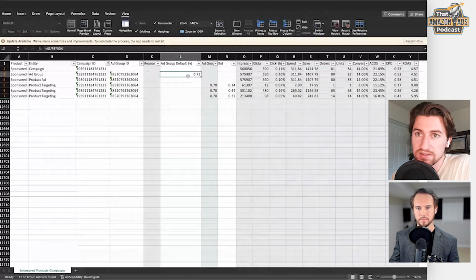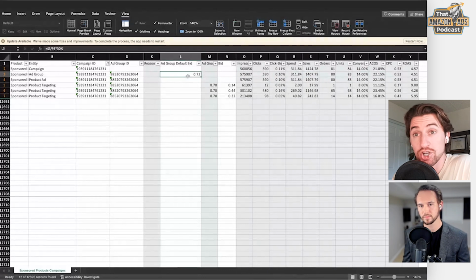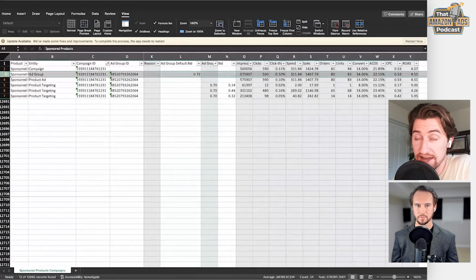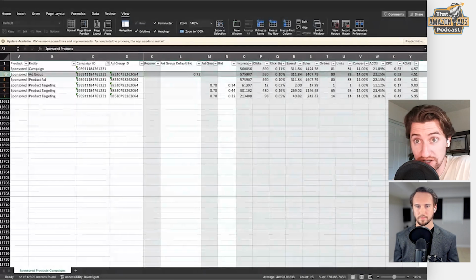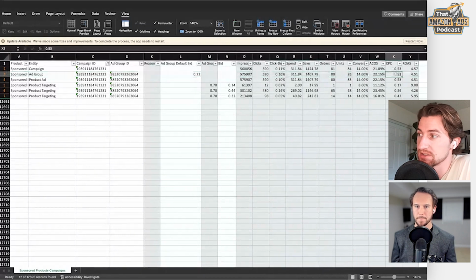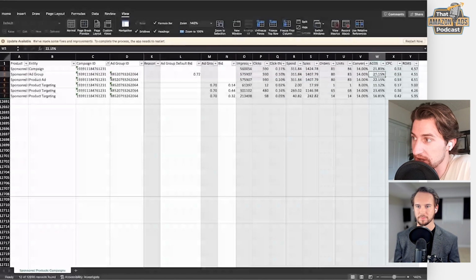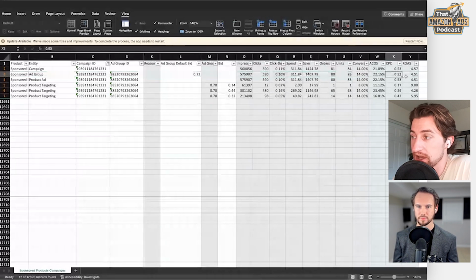So what that means is that, on average, this is what the cost per click should be based off of this ad group's average order value and average conversion rate. We should be averaging around 72 cents per click in order to hit that 30% target ACoS. It just so happens on this account that we're way below the target ACoS, coming in at 22%. And that's because our CPCs are really low at 53 cents.